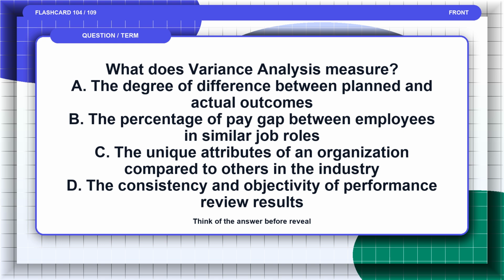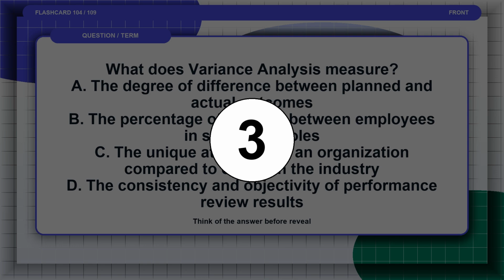A. The degree of difference between planned and actual outcomes. B. The percentage of pay gap between employees in similar job roles. C. The unique attributes of an organization compared to others in the industry. D. The consistency and objectivity of performance review results. Pause and think of the answer before the reveal. The answer is